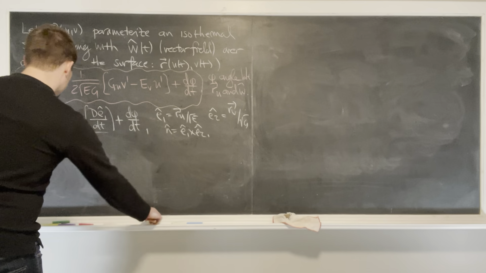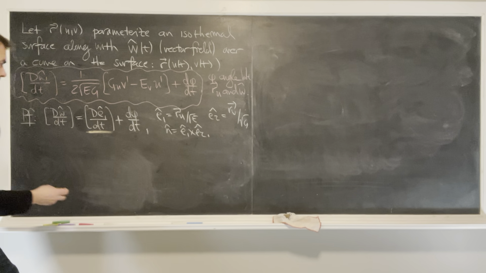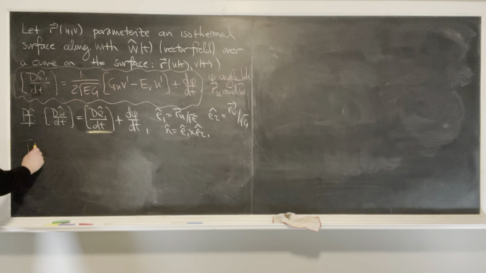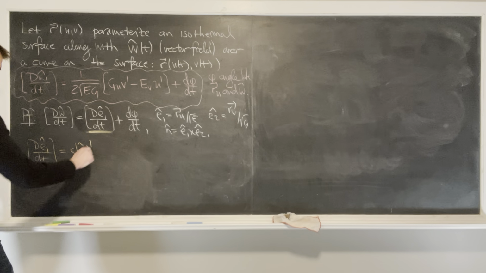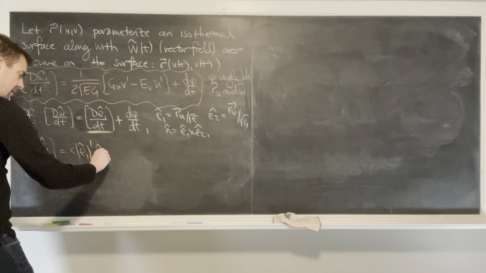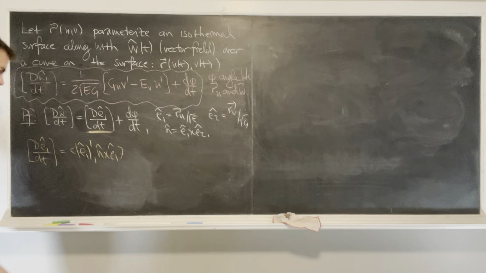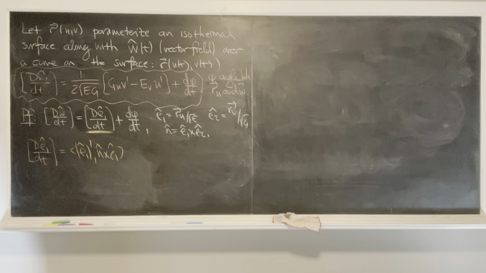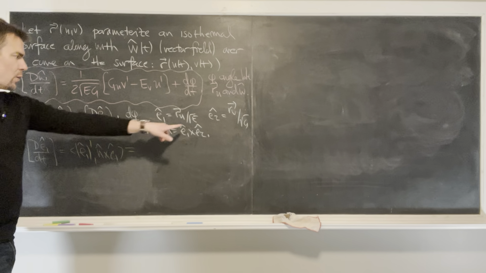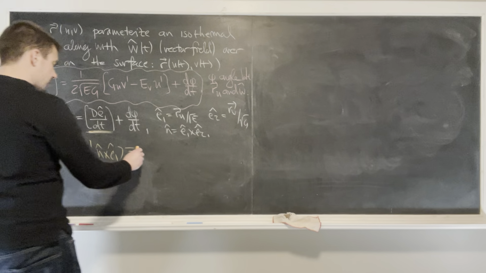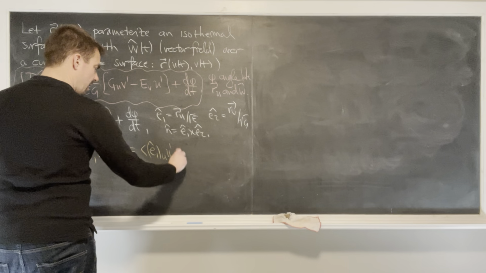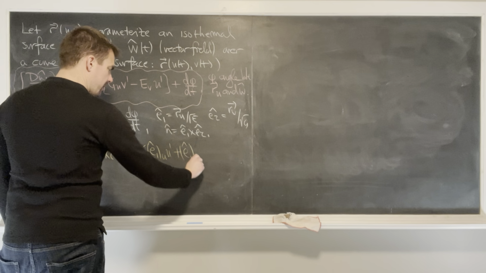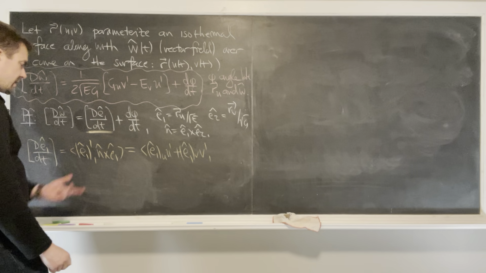So what is this expression? de1 hat/dt is the inner product of e1 hat prime with n hat cross e1, like so. That's the algebraic value of the covariant derivative. And of course, n hat cross e1 is going to be e2 because it's a triply orthogonal system. So this is just going to be what? It's going to be e1 hat_u u prime plus e1 hat_v v prime with e2